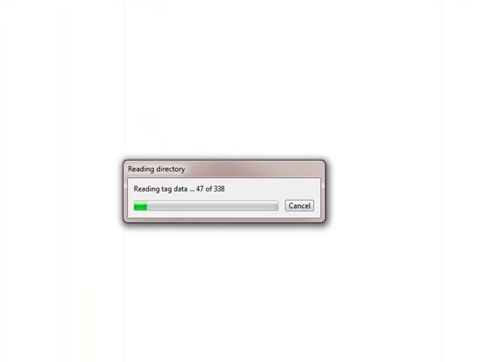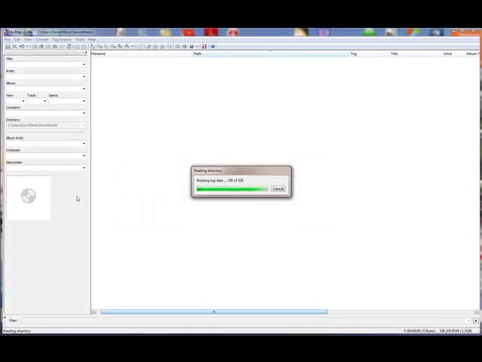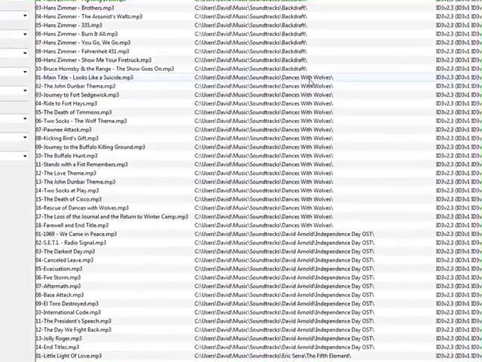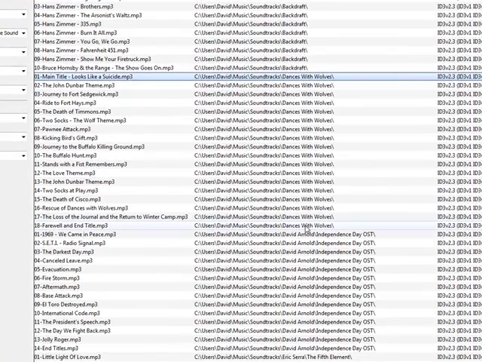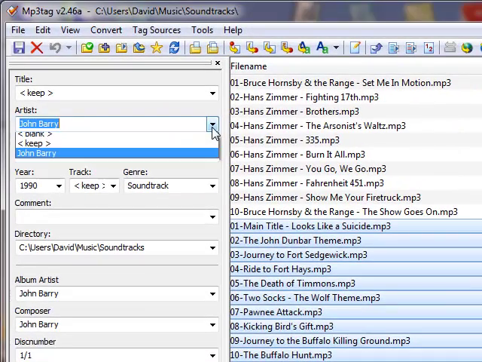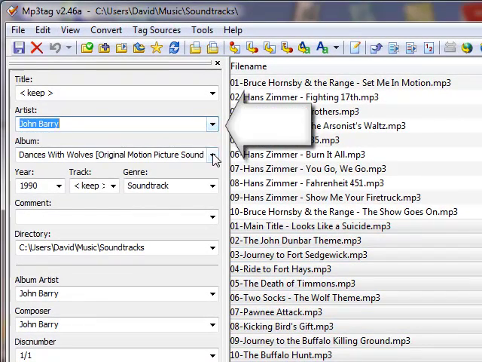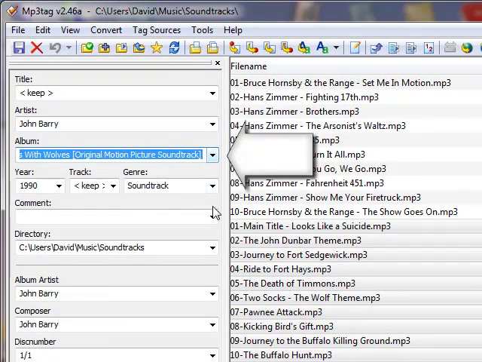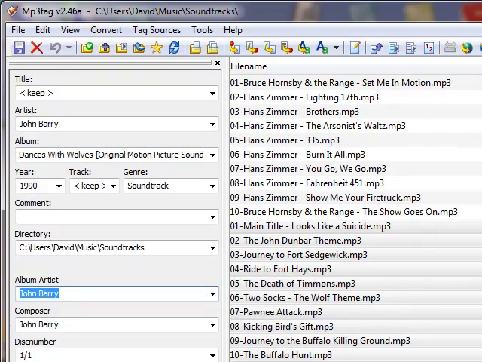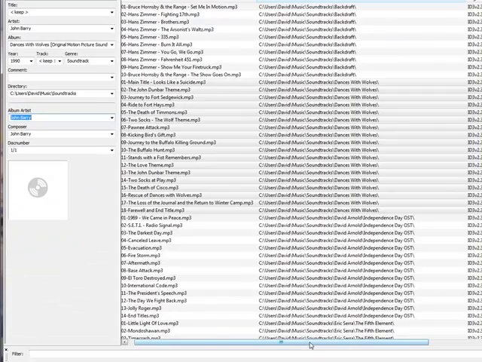After this loads, we're going to go ahead and highlight the Dances with Wolves album. We'll start by clicking on the top entry and then holding down the Shift key and pressing the last entry, and that will do a range selection. We're now going to double check the fields like artist, album, and album artist to make sure that they're all consistent. We're next going to move to the right